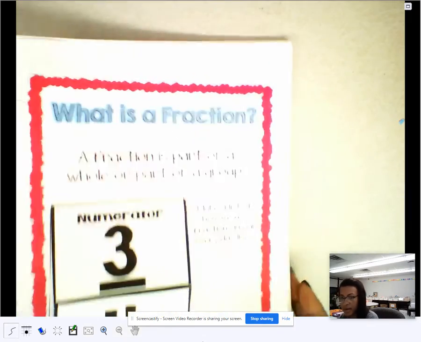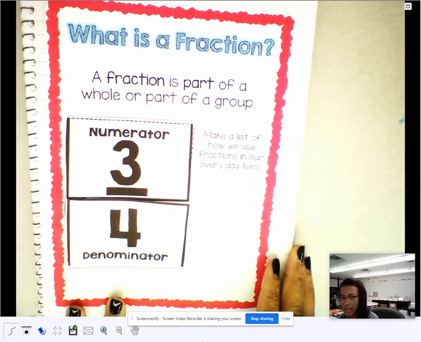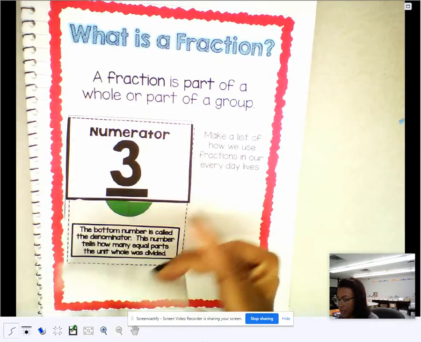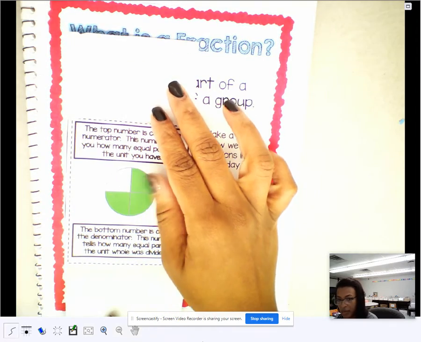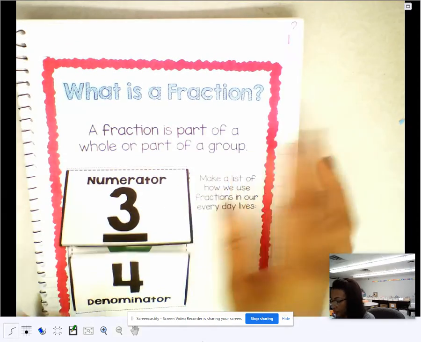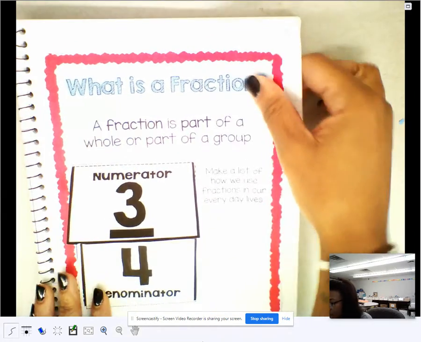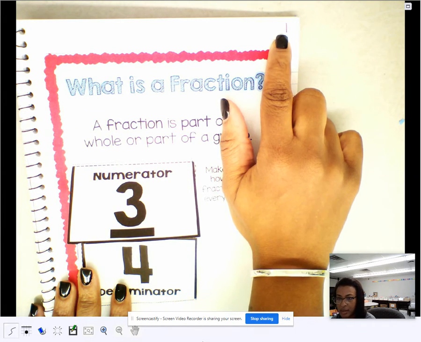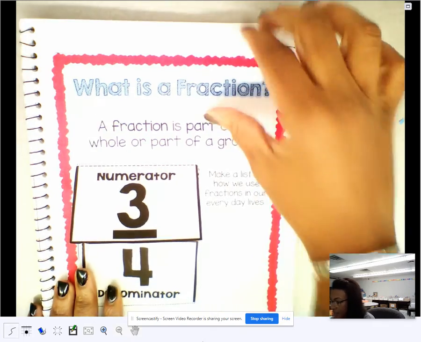The next page has the paper that says, what is a fraction? That's what we did yesterday. You cut this page out, and then you glued inside of this little guy your fraction. And then don't forget, in the corner of this page, you should have page number 1, because we are trying to keep track of where everything is. On the next page, page 2,